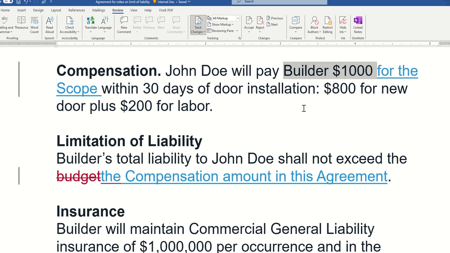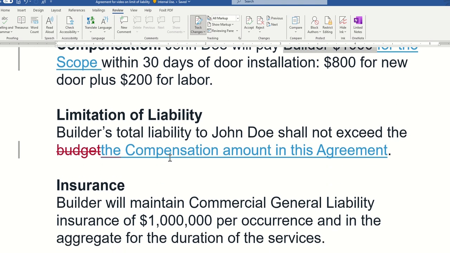Or if he, I don't know, smashes the window on my house beside my front door, or if he comes into my house and smashes a bunch of stuff or burns it, whatever, the maximum he'll ever pay me under this agreement is $1,000 for damages. So I don't like that.